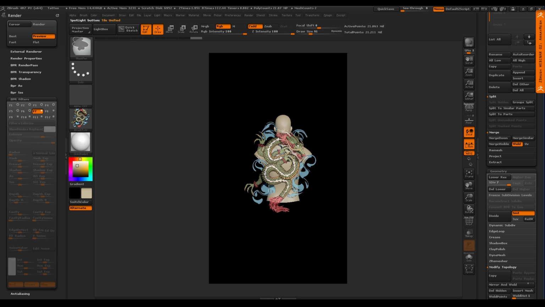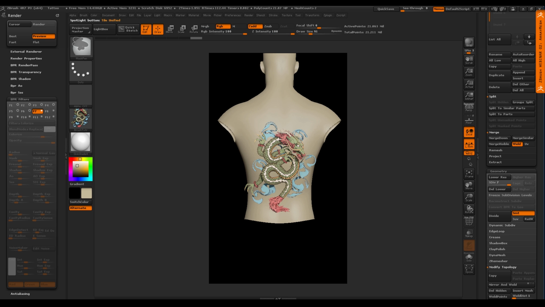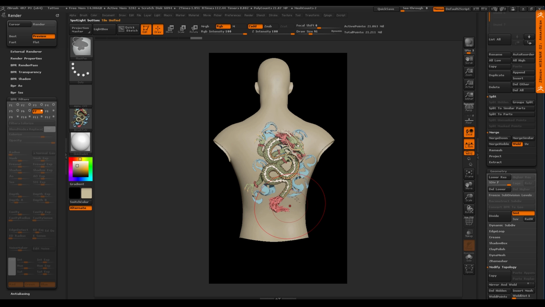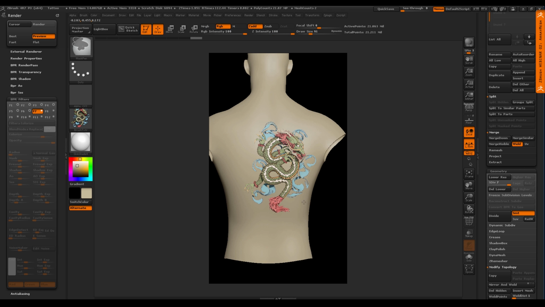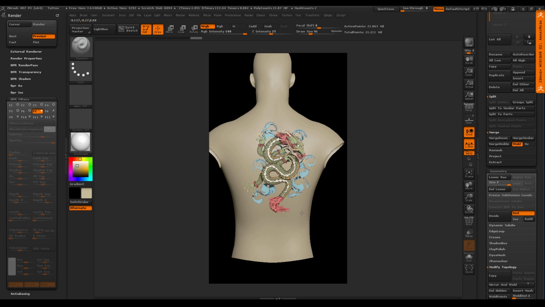All right, and maybe let's zoom up on him, and let's position him to where we want that. Oops. There we go. Maybe there. It's a nice little spot right there. I'm going to tell it, hey, I just need to poly paint. That's all I'm doing. I'm not doing anything else. And now I can paint, right, on this.